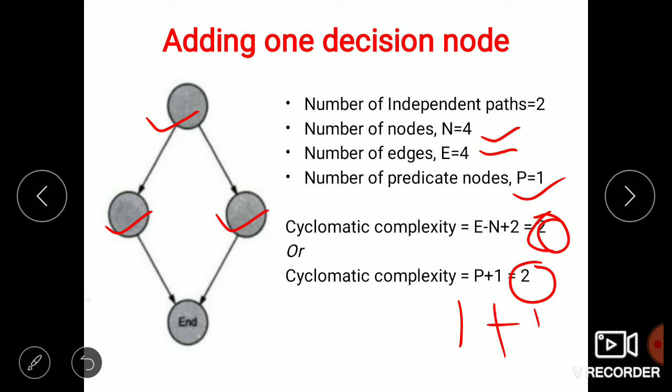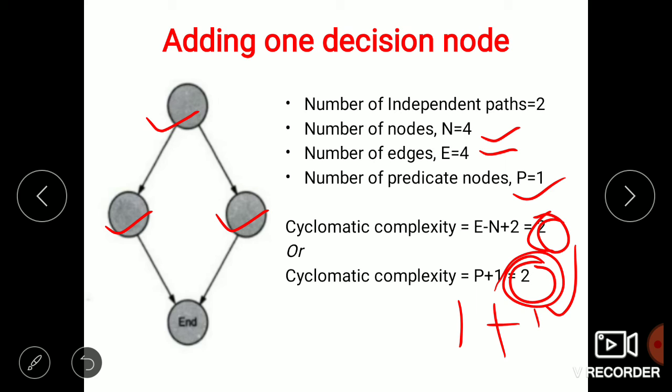And if the complexity is in between 10 to 20, the program is moderately complex and testability is medium. If the complexity is in between 20 to 40, then the program is very complex and testability is low. If the code complexity is greater than 40, then the code is not testable.